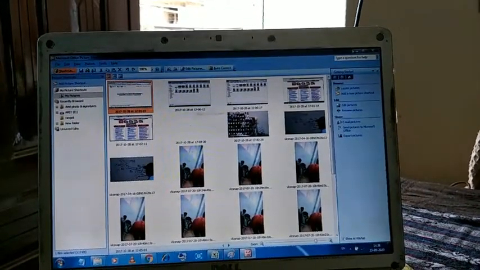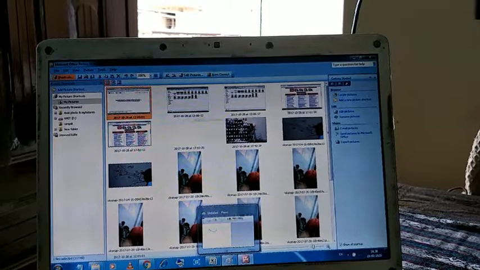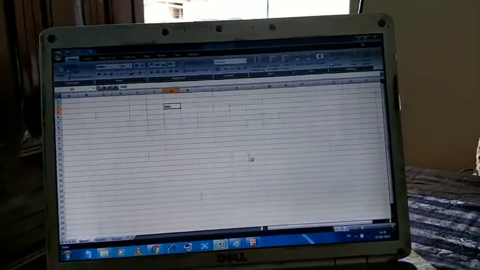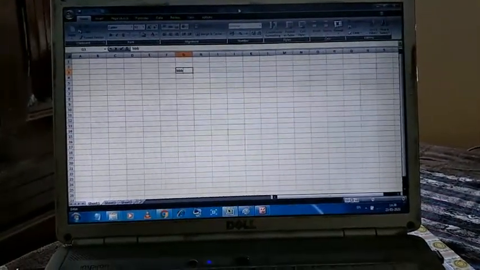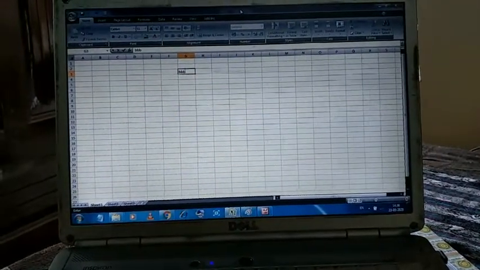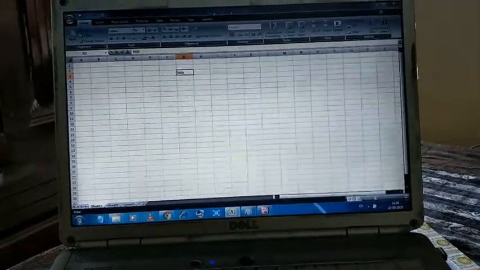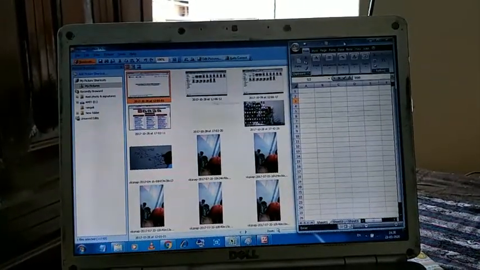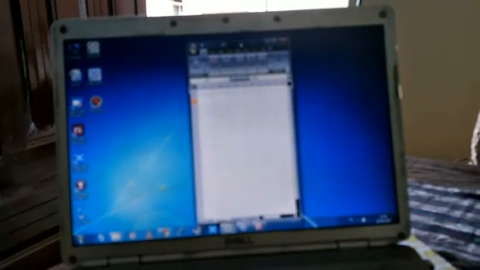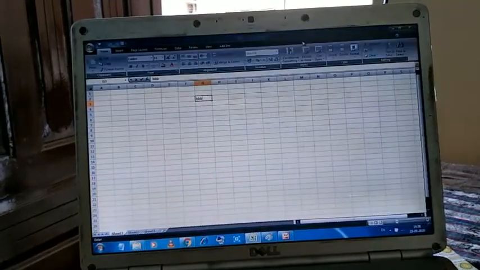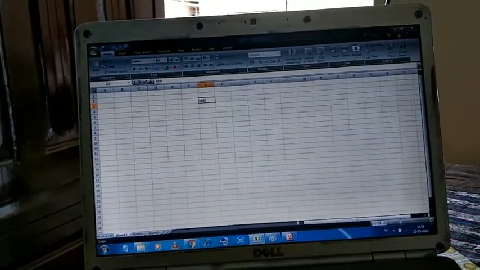Okay, suppose that I want to keep MS Excel on the desktop and minimize the remaining two windows, so hold it and shake it, hold it and shake it fast. Now look, both windows get minimized except MS Excel. That is the use of the Aero Shake property. Just hold the window which you want to shake.